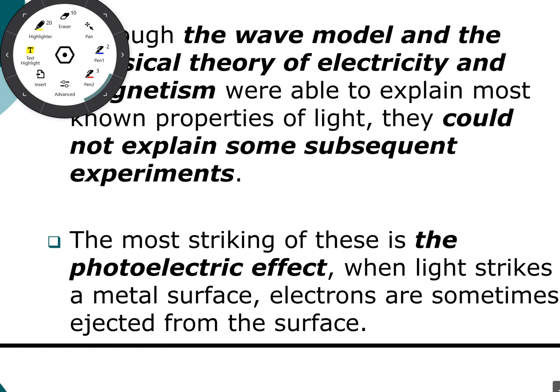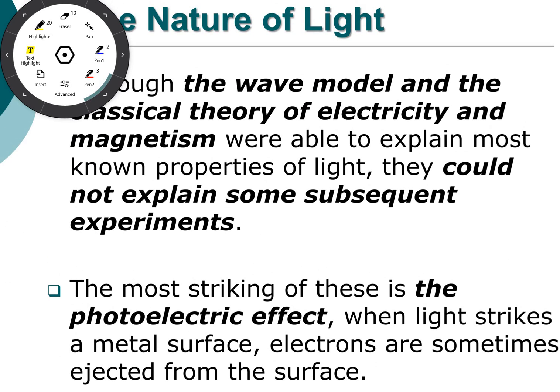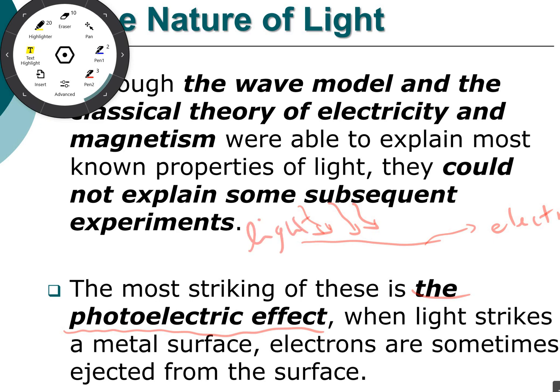But after that, there is an experiment or an effect called the photoelectric effect. Photoelectric effect is simply when a light is incident on a material, this material emits or gives or produces electrons. So now I have light incident on a material, and this light produces electric current. To explain this,